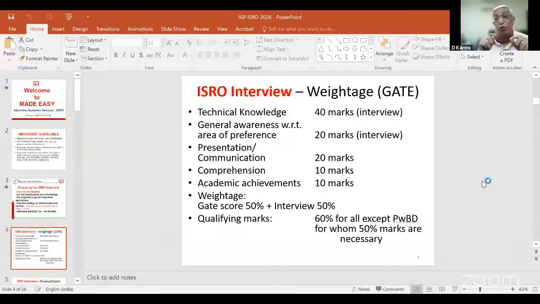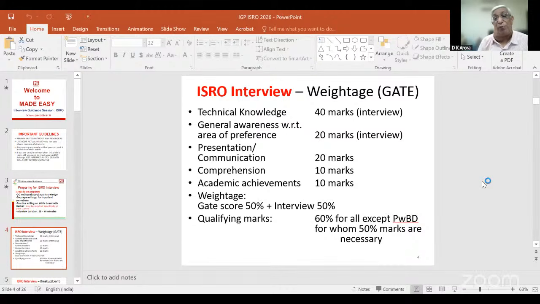Comprehension 10 marks. What do we mean by word comprehension? Comprehension means, are you able to understand the questions that are being asked from you and you are able to interpret them correctly, which means you are giving the answer with reference to the context. It is like you are asked to move in the eastern direction but you suddenly start walking in the west. Now that is not proper comprehension. That means you have not even understood the question correctly. So understanding the question correctly and then giving the right answer